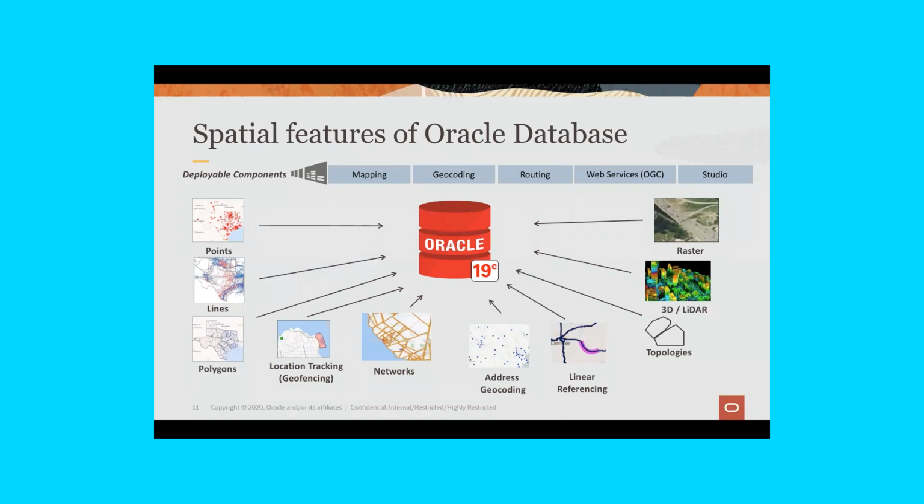And we also have a module called Studio. This is a self-service web application design tool. Typically when you develop web mapping applications, you have to use either JavaScript or Java code to build them. Studio is a self-service tool where you can build very complex web mapping applications without writing any code. It's all UI oriented with menus and options, so you can build simple to complex applications without writing any code. Again, we'll go into the details of all of those topics.